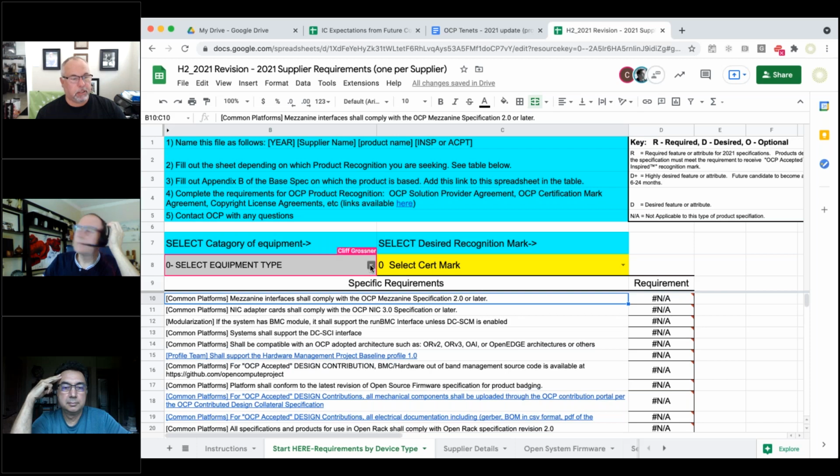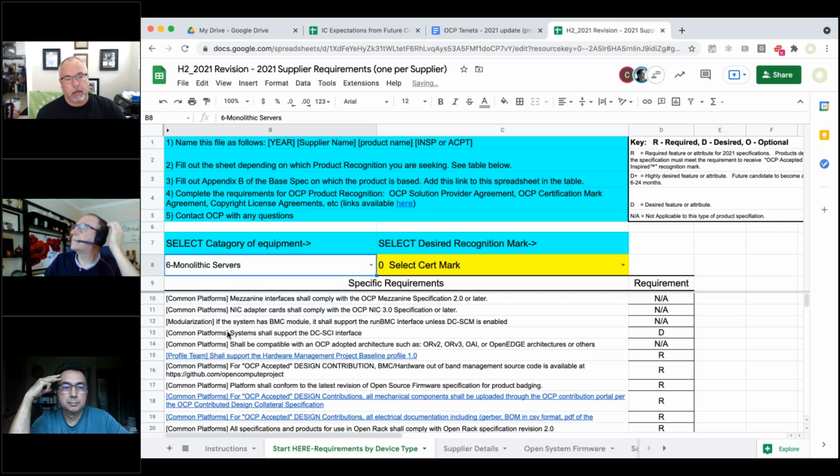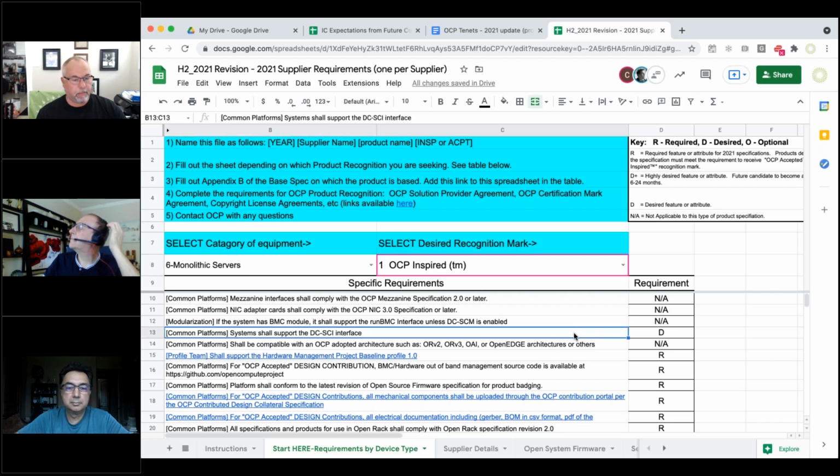Step 1 is selecting the type of equipment. We'll pick a monolithic server, and then the type of cert mark application. We have OCP inspired or OCP accepted, so we'll select this one. Based on this criteria, it goes through and updates column D of the requirements document.